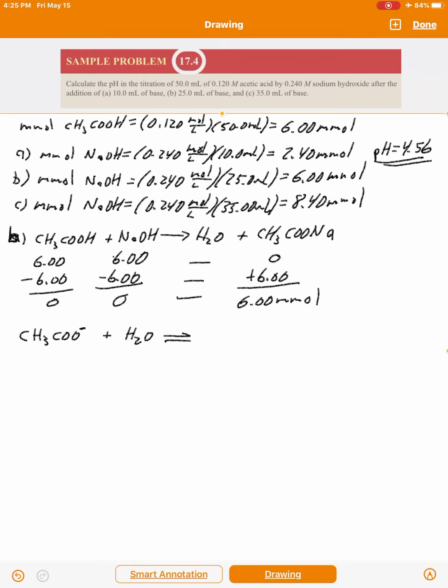The sodium is a spectator ion. Water will donate an H plus to the acetate to give you acetic acid and hydroxide. That's why it's a base. It forms hydroxide out of this